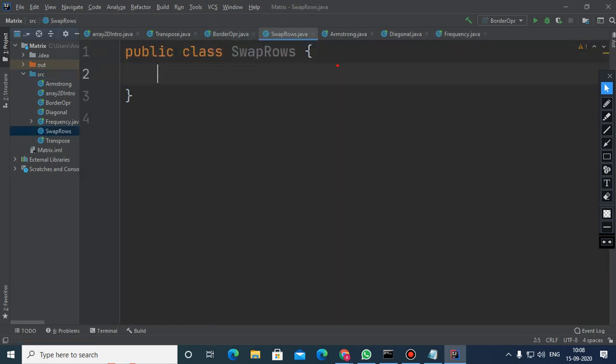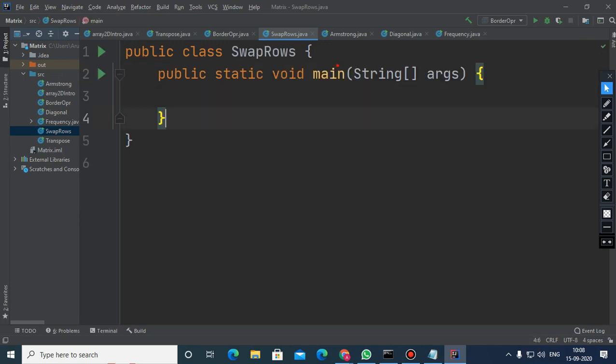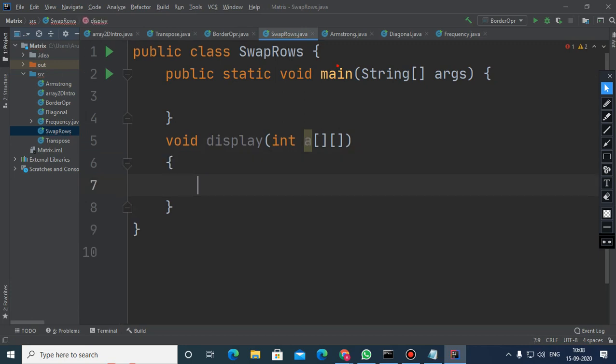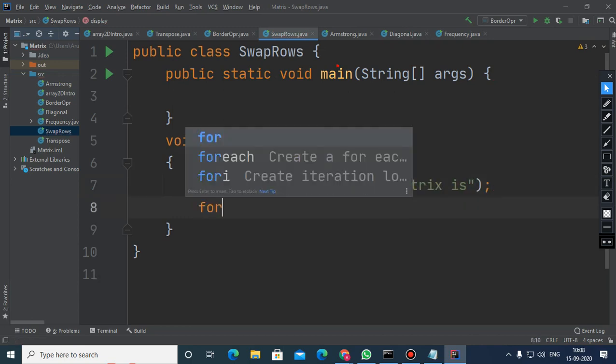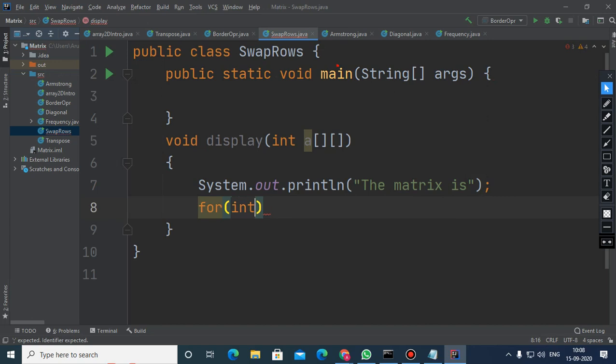So first of all, just write the main method. And here I would like to write that display function. And in this display function, this matrix is passed. Simply you can write here the matrix is, and the same method which I have used that day.